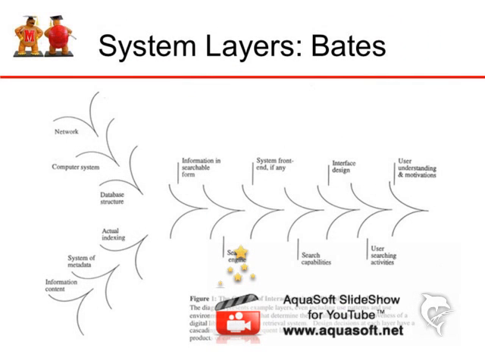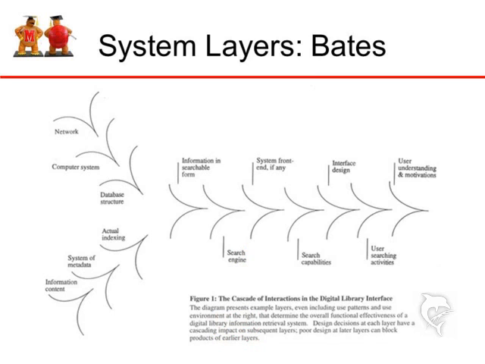Okay, this is a copy of the diagram that appears near the beginning of the base article. First of all, let's identify the four regions that correspond to the categories of components that were on the previous slides. The upper left tail of the diagram, which consists of network, computer system, and database structures, is the technical infrastructure category. The lower left tail, which includes information content, system of metadata, and actual indexing, comprises the content and metadata